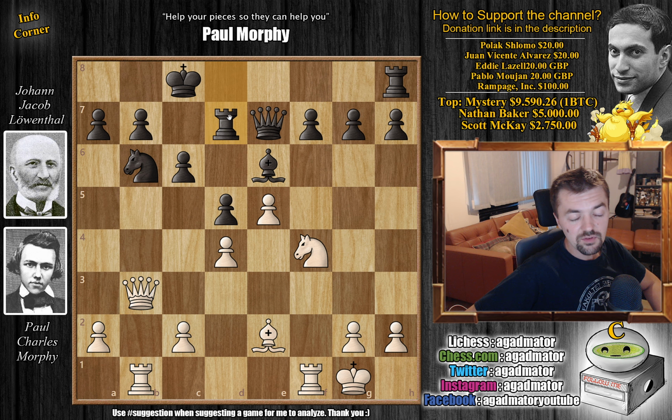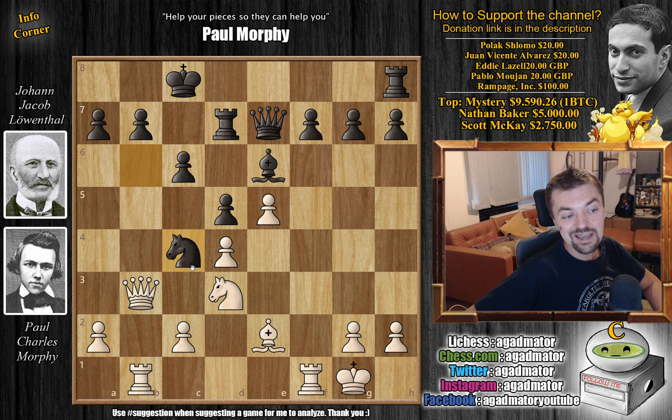So rook to d7, black says, okay, I'm not having that. The knight will be able to move, and the rook and queen will be guarding the b7 square. So knight back to d3. Morphy says, all right, I'm going to claim the c5 square for my knight, and knight to c4. And this is where the fun really happens, because now Morphy does go knight to c5,